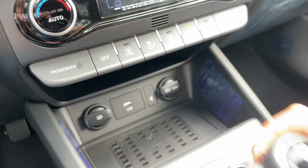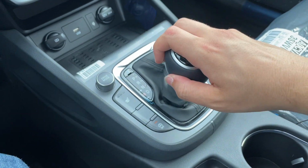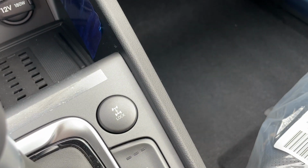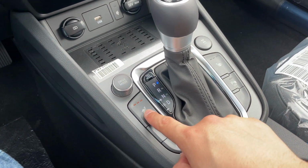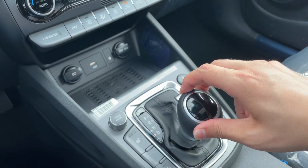right there. It's hidden. And here is the shifter that will control the 7-speed dual clutch transmission in this Kona. It does have plus and minus. Does have the drive modes next to it. As I said, there are 3 drive modes, and there is a lock button. You could lock the wheels so they spin at the same time. It does have heated seats, 3 stages, and this shifter has plus and minus, so you could control your gears,